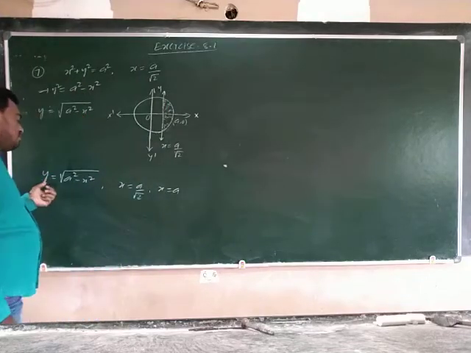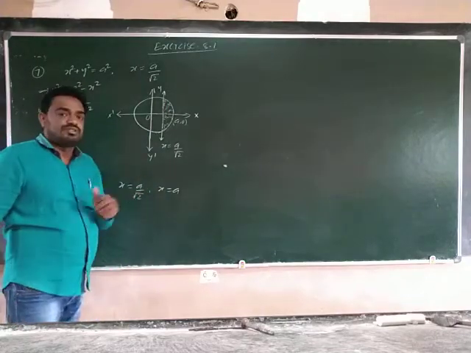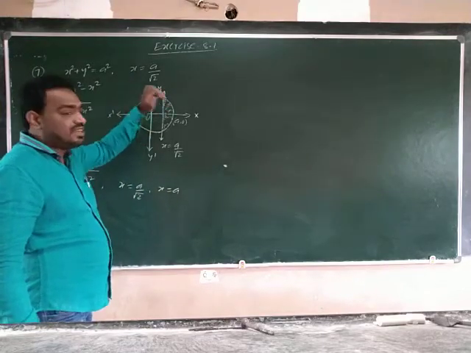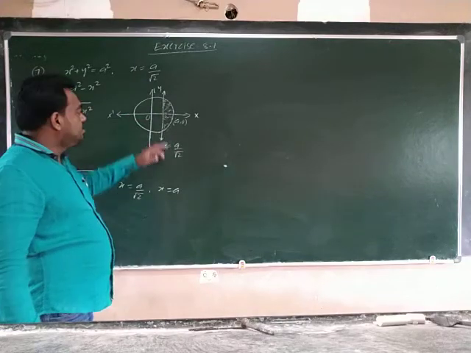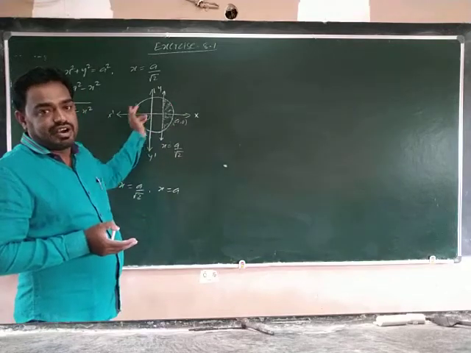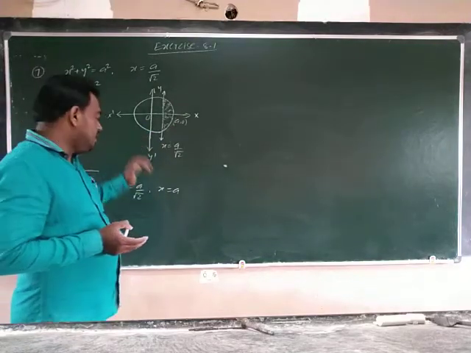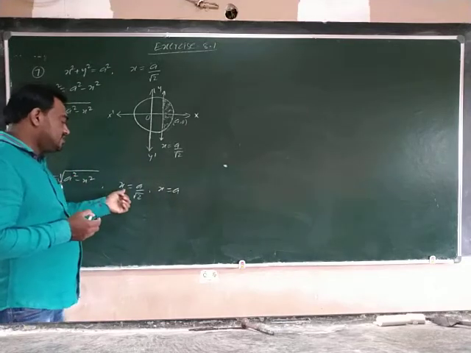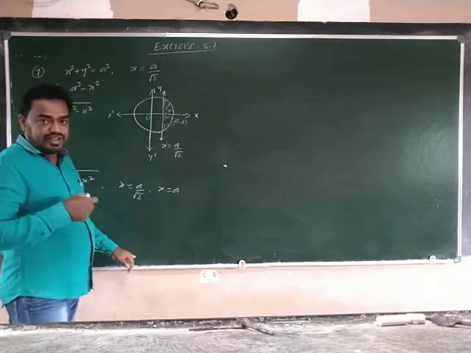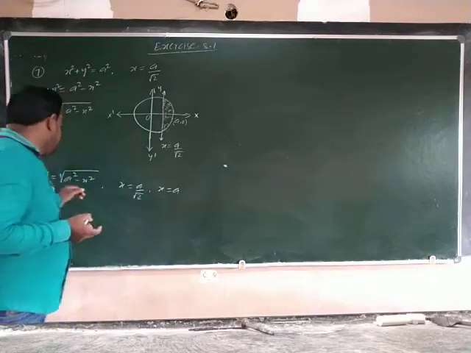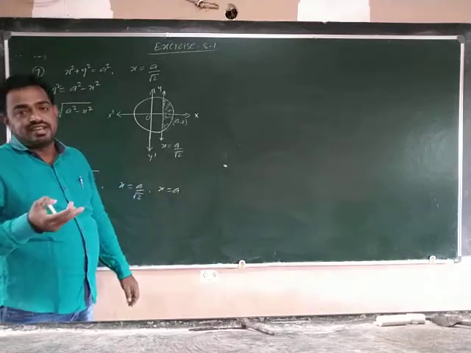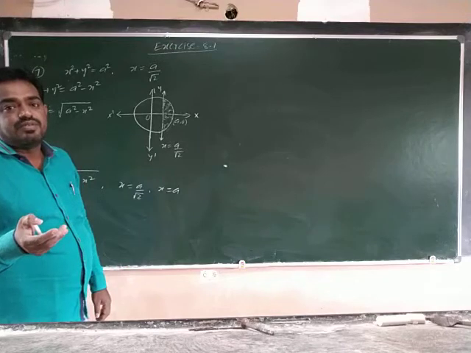This is in the form of y equal to f of x, with x is equal to a by root 2 and x is equal to a. But here the circle is above the x-axis and below the x-axis also. The circle has equal area in each quadrant. So I am taking the curve, x is equal to a by root 2, x is equal to a, and the x-axis. If we take the x-axis, it is in the form of y equal to f of x, x equal to a, x equal to b, and x-axis. What is the area? Integral from a to b of f of x dx.